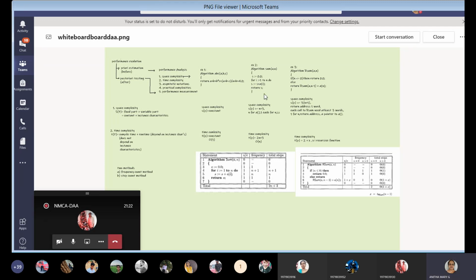We write greater than or equal to n plus 3. Greater than is there because if more space is available, there won't be any issues, but it should not be less. So equal to means at least, and greater than means more than that. So at least n plus 3 is needed by this algorithm.